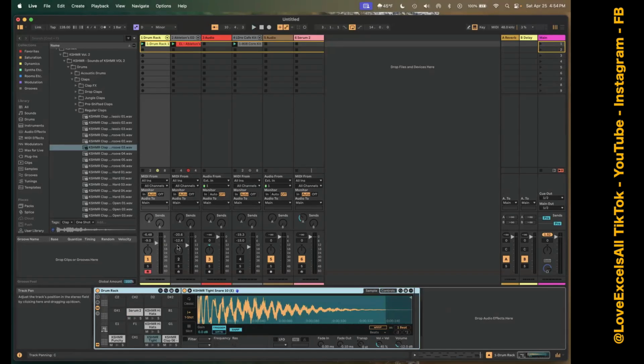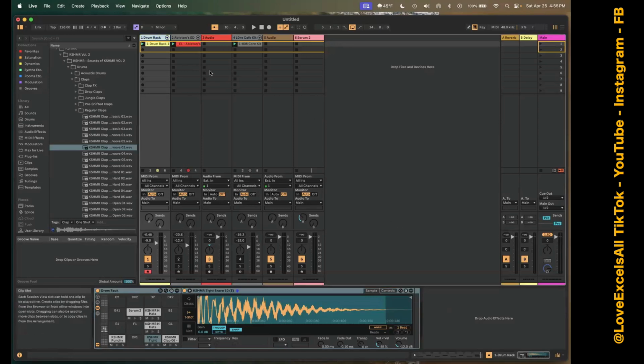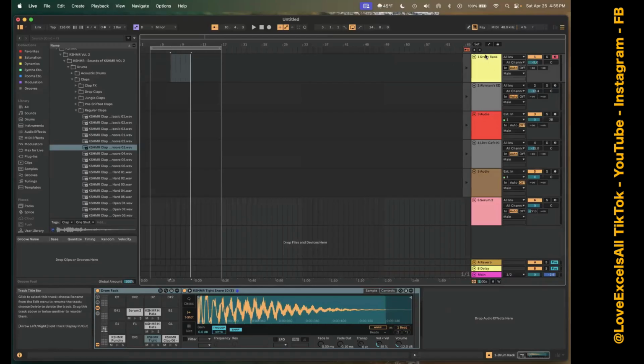Now, did you want me to dig in deeper to the drum rack? Is the drum rack also useful in the arrangement view, or is it more preferred for the session view? You can use it in either view, because like once you're over in a ring, hey,